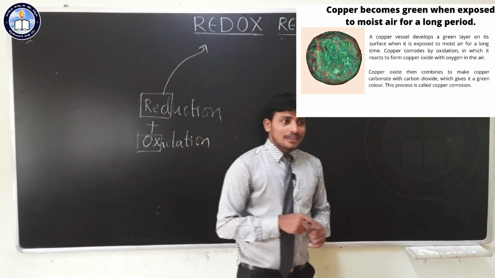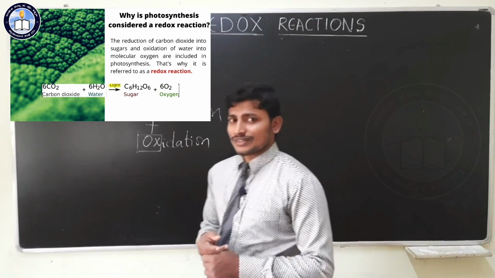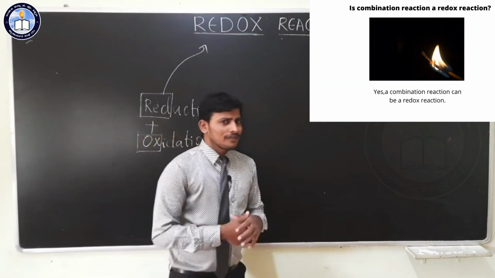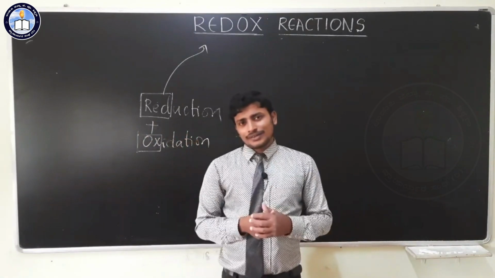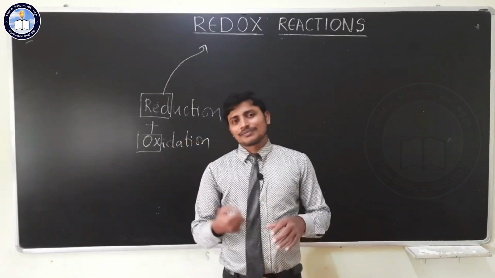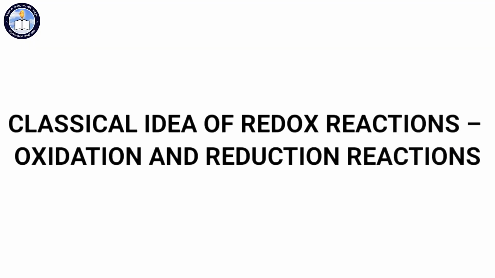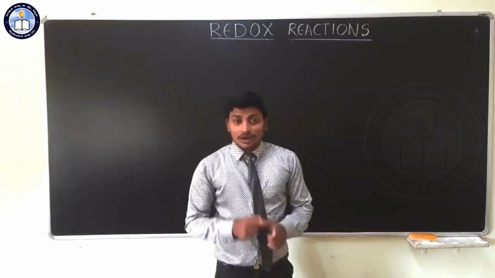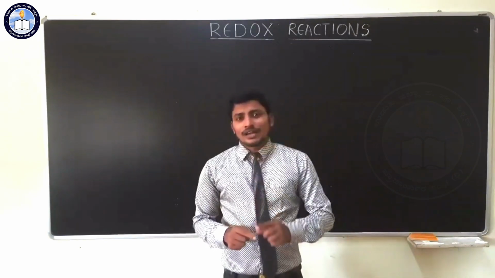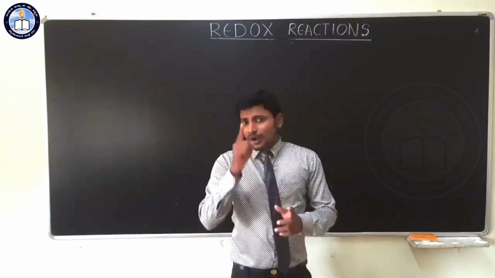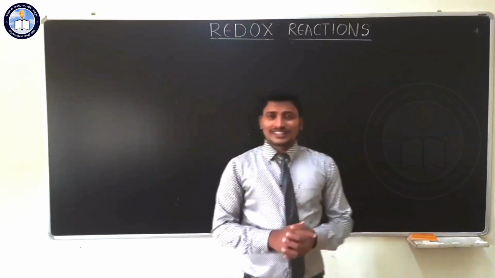If we have an old copper coin, you can notice that on the surface of that copper coin a certain green color substance gets deposited. Or even I can give the example of photosynthesis as well as combustion reactions. But why am I giving all those examples now? The reason is, in all those scenes we can observe oxidations, in some cases reductions, as well as redox reactions also. Remember one thing my dear student, oxidation as well as reduction is not at all a narrow topic, it is very broad. To understand that one by one, we have to go to the definitions for oxidation as well as reduction.